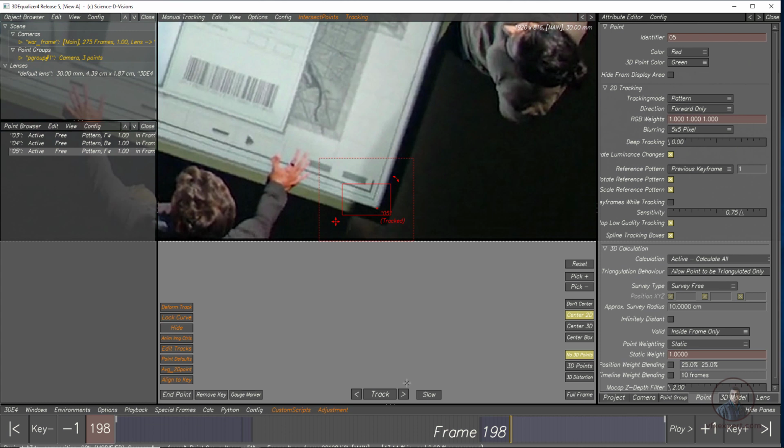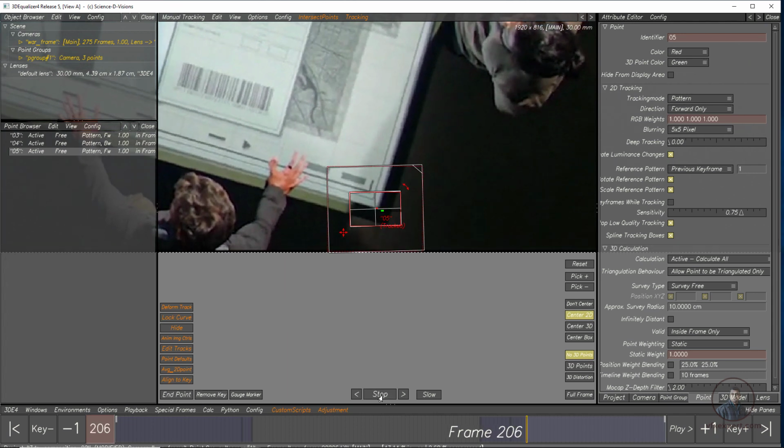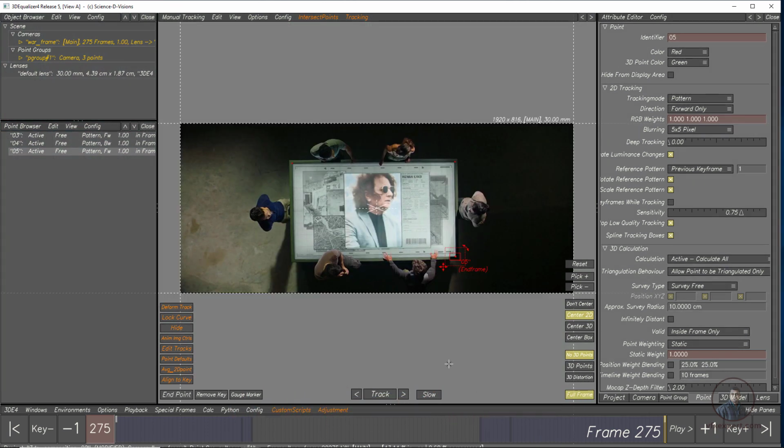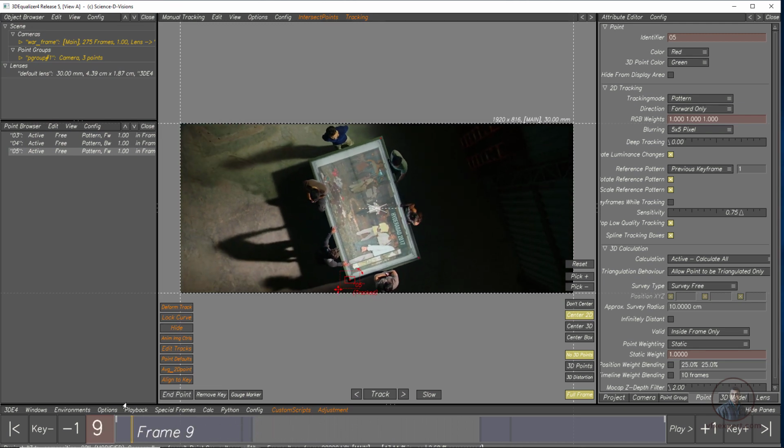I think this is sufficient for explanation. Now after this, just adjust this one a little bit, then simply click here and track your entire timeline. So this point we have also tracked successfully. Okay, now see, again click here. So till here we have tracked our 3 points.